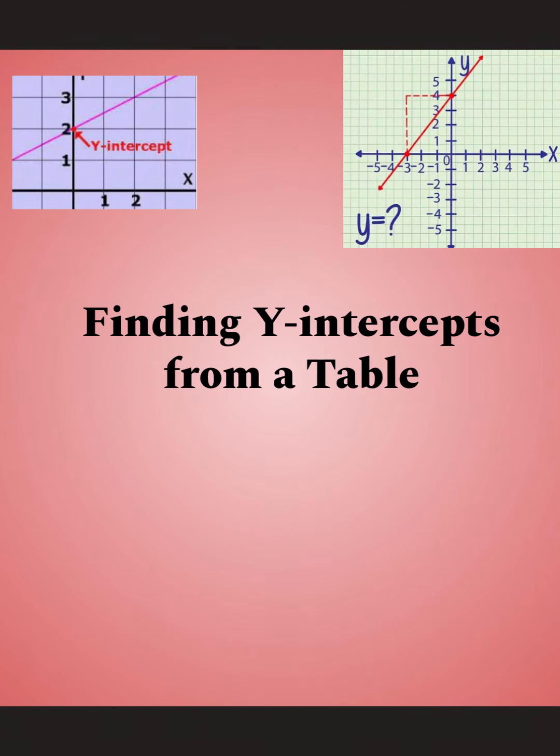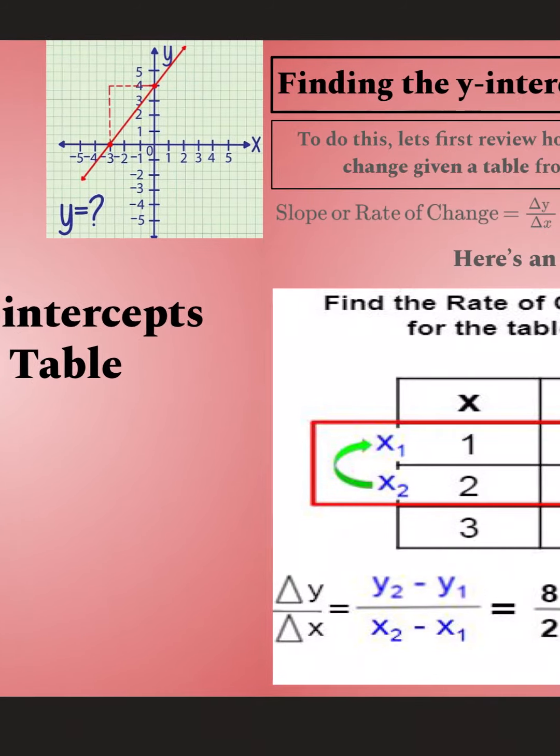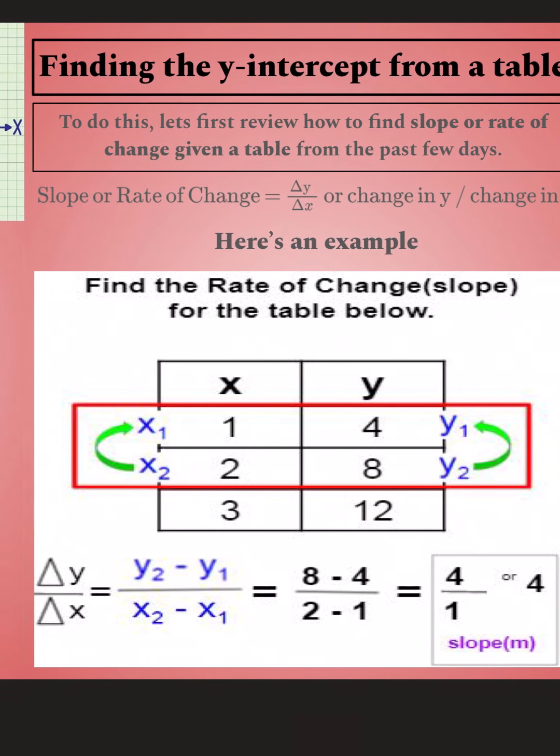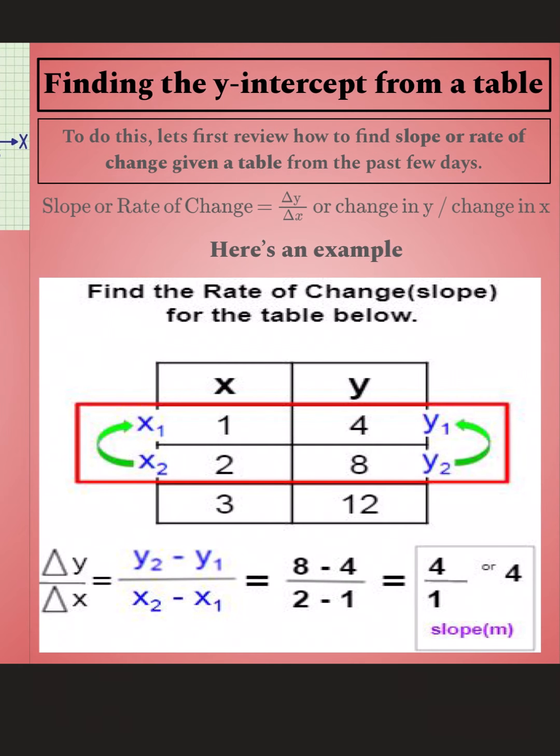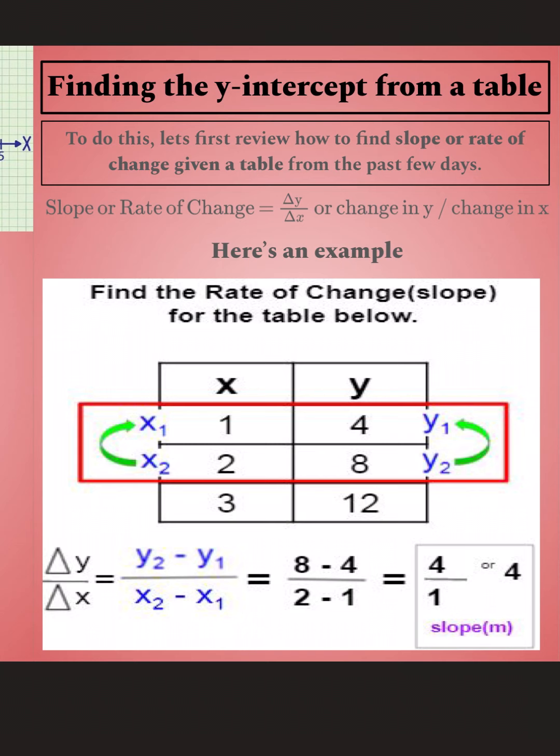Finding y-intercepts from a table. There's multiple ways that you can find the y-intercept from a table. Here's the first one, and this method will always work. It might just be a little bit longer, but it will always work, so you decide which method will work better for you. To do this, we need to first look at finding slope or rate of change